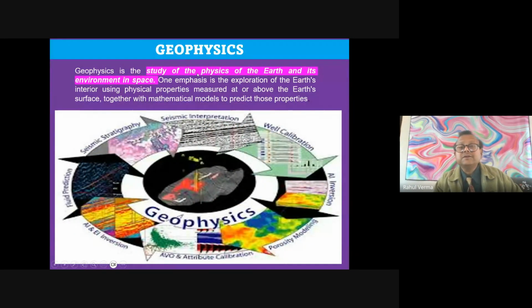Now another branch is geophysics. The principle is the study of Earth and its environment in space on the basis of physical properties. A very simple example: suppose you dropped your key ring or an important key in the sand. What is the best way to find it? If you just try to look with your eyes, it will take maybe many days and you still can't find it. But if you come with a magnetic plate and move along with it, because your key has a magnetic property, it will come and stick to the plate.